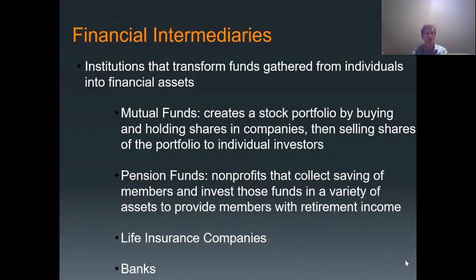And banks, of course, are probably the one that you're most familiar with, as banks give out loans for mortgages and things like that, and then turn around and sell those loans to investors or other companies or other banks. And that is it for the basic intro. So once again, these are institutions that are lining up our financial assets that turn savings into investment, and that's the whole point of the financial markets.